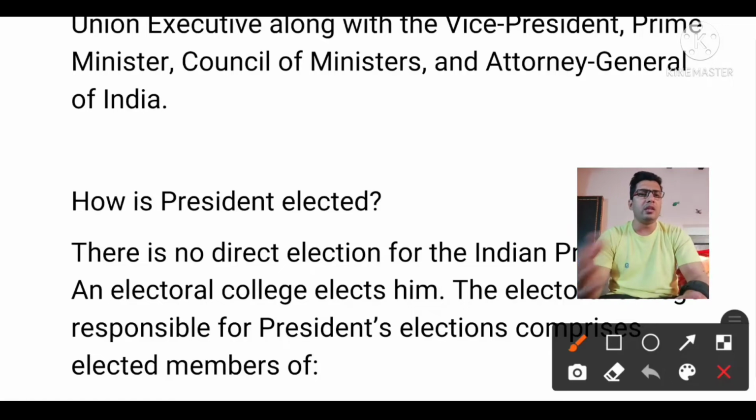First of all, he returned the bill to Parliament, but the second time he had to give assent. This is the suspensive veto: for 16 days you can delay the bill, and again if the bill is passed by the same number of people, then you have to give assent. That is called the president's suspensive veto. Even at that point of time the talk was that APJ Abdul Kalam was not happy with such a bill. Even he mentions all these things in his biography.